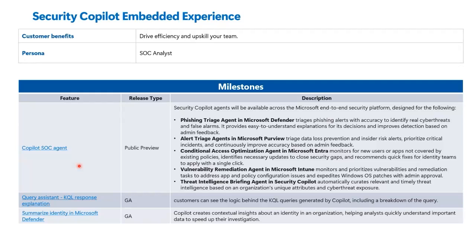So the first item over here is one of our major releases recently, which is the Copilot SOC agent. Now, as you could see from the list over here, there are different types of agents that we released in the first version, in the early stage. So again, I'm not going to go through each and every one, but I just want to highlight